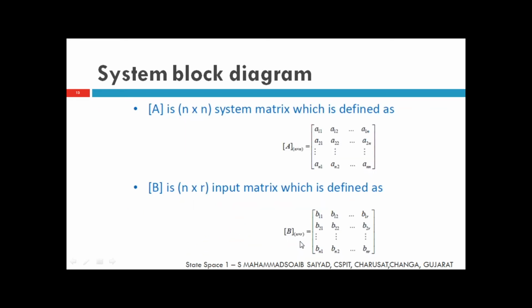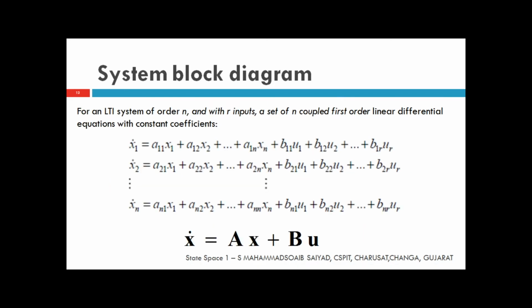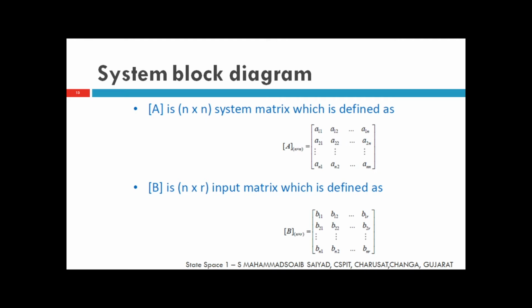Okay, now we have a second equation as well. As we have seen, we have a state equation. We have completed this part, and this part is nothing but the output equation. So this output equation we want to derive in terms of matrices, because state space representation mostly deals with matrices only. Okay, so I will take the second equation, the output equation.